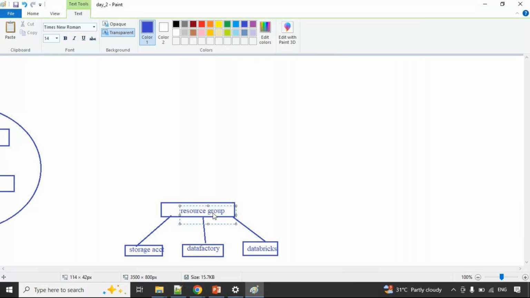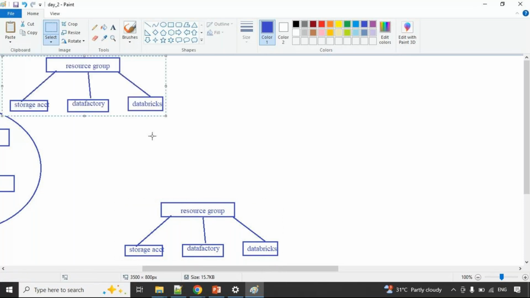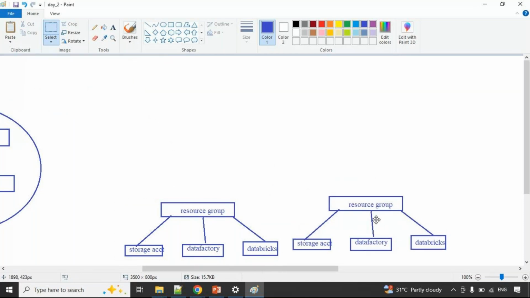Guys, this terminology is completely new to you. Going forward, you will get habituated. First time, the terminology is completely new to you guys. Now like this, multiple resource groups will be there. For suppose there are multiple teams, each team has a separate resource group. They are going to handle whatever the spaces, any ETL tools, Databricks operations, so they are going to create in terms of the groups.